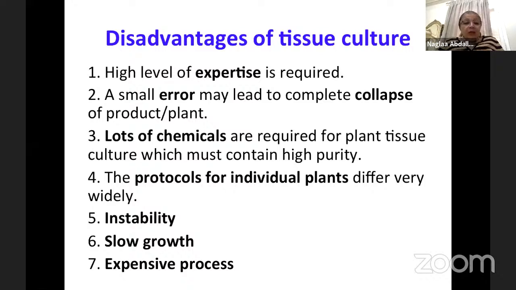culture propagation. It needs a lot of chemicals for preparation of an artificial medium, and we need to adapt a protocol for individual plants. So in the beginning, it will take a lot of time to make the suitable adaptation. And then once we have adapted this technique, we can use it for multiple propagation. There is also instability, because if we cultivate it in different tissue cultures several times, we will lose the activity of this plant. Of course, it's slow growth, and takes a long time to get a tissue culture,